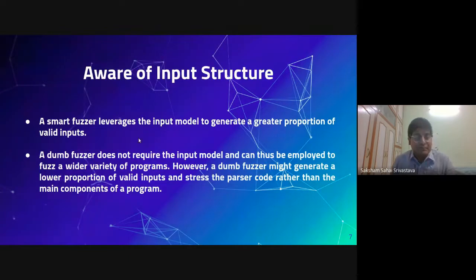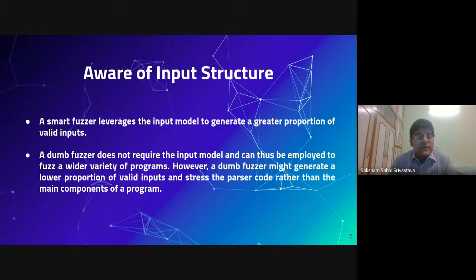Then next, depending on the input structure, fuzzers can be categorized as smart fuzzers and dumb fuzzers. A smart fuzzer basically leverages the input model to generate a greater proportion of valid inputs, because it has a knowledge of what the input structure would look like.